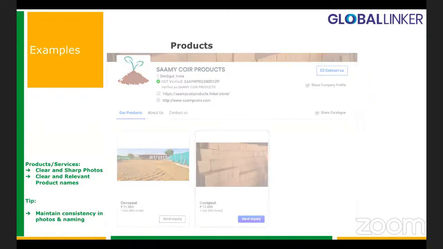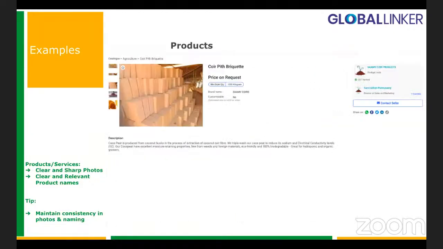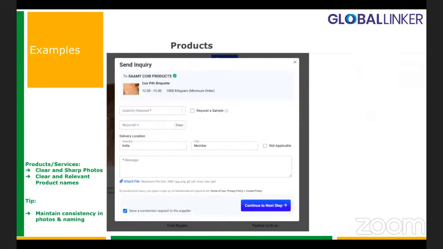So if I send an inquiry over here, I can see my product visible over here. On the right, if I click on contact seller, I can actually start my conversation. And again, the platform should allow you to give certain very critical information. What is the quantity? How many days do I need it in? Where do I need this? And any particular message that I would like to give the seller or merchant, that it needs to be this compliant, I need to have these requirements ready, etc. All of this should be available over here. And an inquiry gets sent.